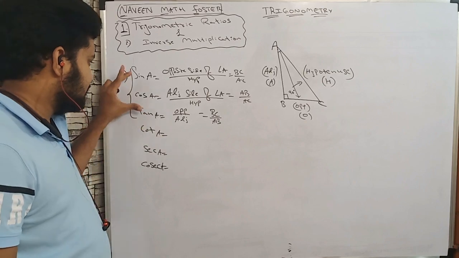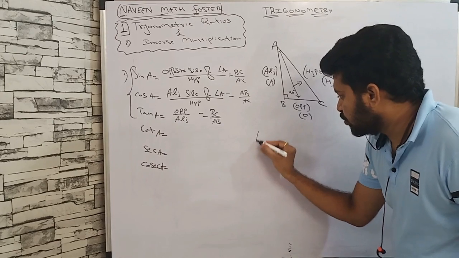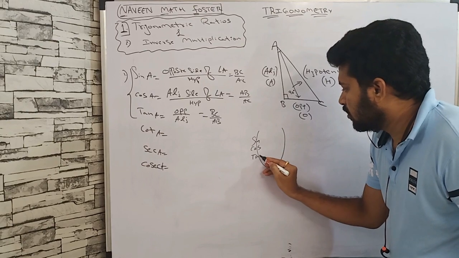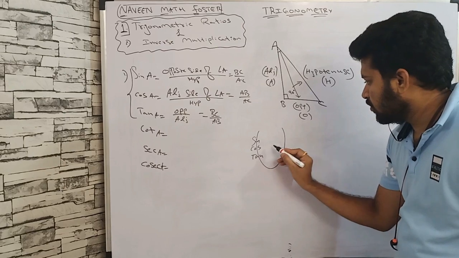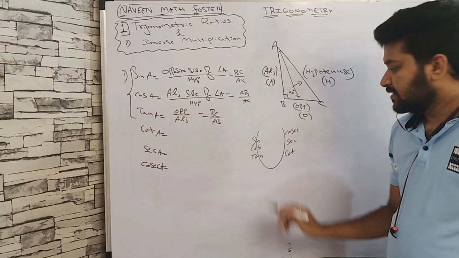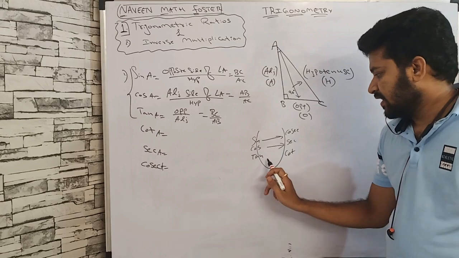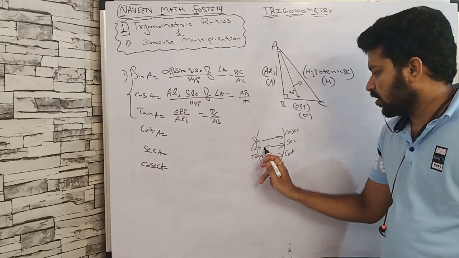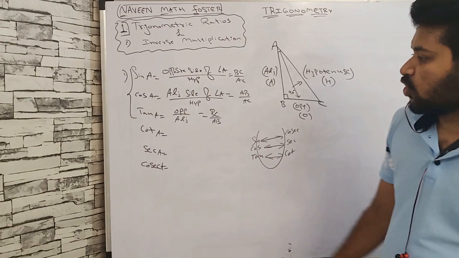Now the relation between these three and these three. Here you see this U shape. I am writing sin, cos, tan here, and in continuation cot, secant, cosecant. See here, sin is the reciprocal of cosecant, and cos is the reciprocal of secant. Tan is the reciprocal of cot. At the same time, cot is the reciprocal of tan, secant is the reciprocal of cos, and cosecant is the reciprocal of sin. So these are reciprocals. Now what is cot A?